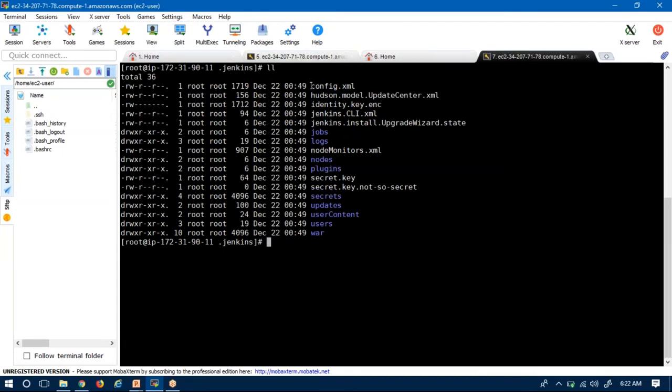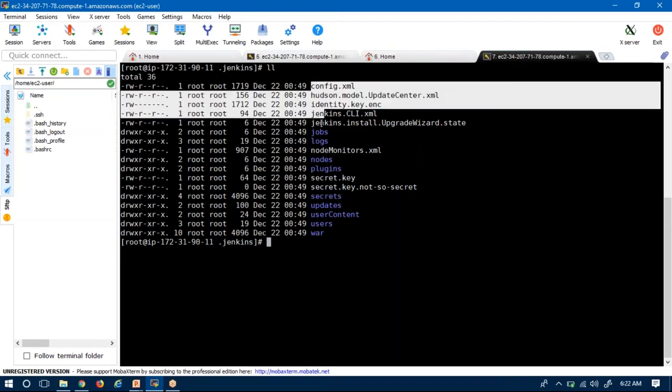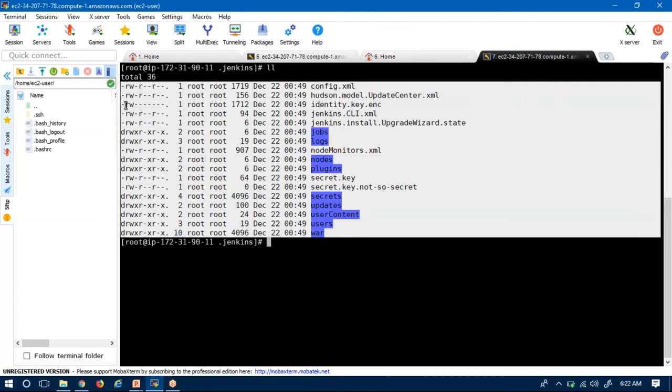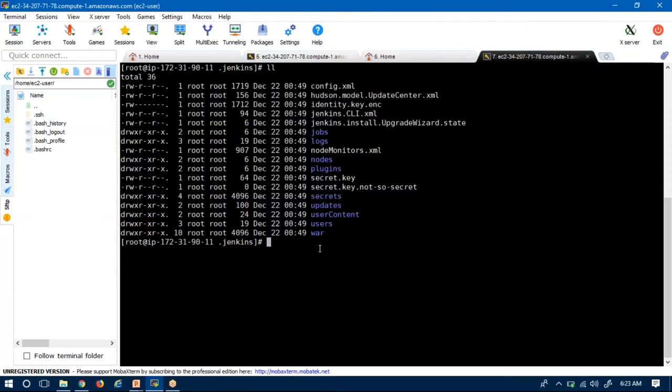Under this directory, you actually have each and every piece of information related to your Jenkins. This is called the home directory of your Jenkins. Anyway, about this folder we will discuss in later videos. As of now, we need the password to open our Jenkins. This is under the secrets directory.